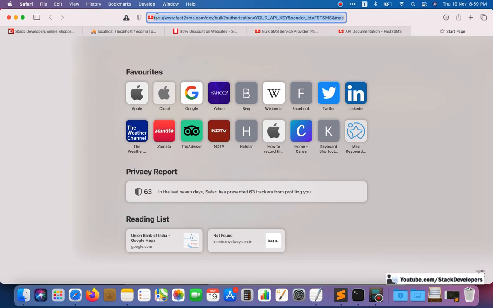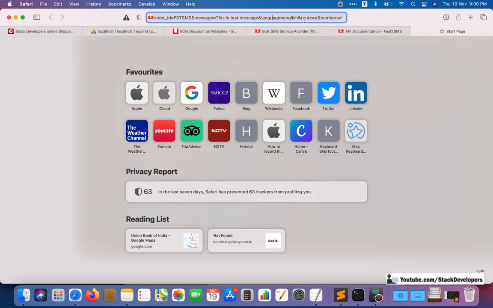For this you just need to replace this API key with the API key provided by the third party. This one will remain the same, because it is the default sender ID that you can use for testing the API, and this is the message you can send of your own. Language equal to English remains the same, route will be P. For the number you can type your own number, only one number, no issue. You can add multiple as well. Replace these numbers with your number, and you can try the script online.